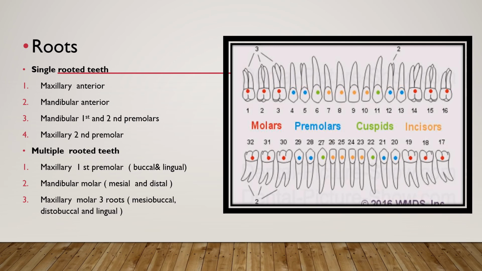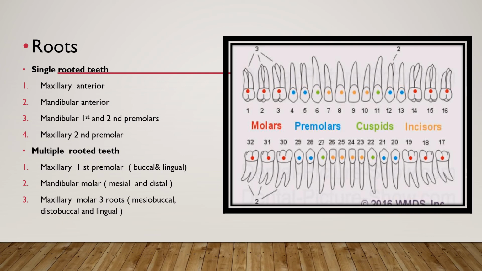Now we all know that the root portion of the tooth is firmly fixed in the bony process of the jaw, so that each tooth is held in a position related to the others in the dental arch. That portion of the jaw serving as support for the tooth is known as the alveolar process, and the bone of the tooth socket is called alveolus.